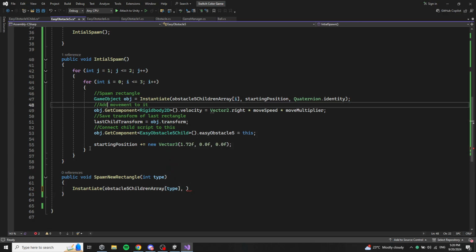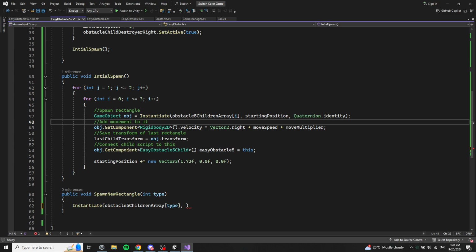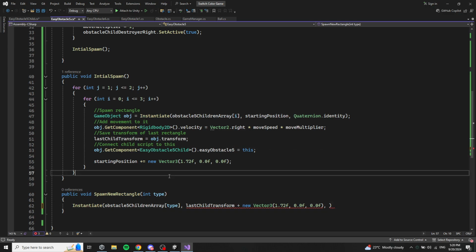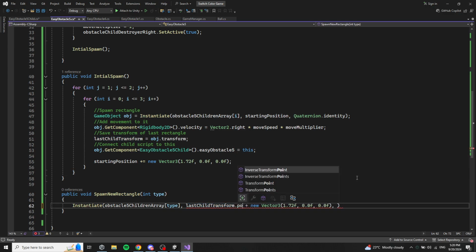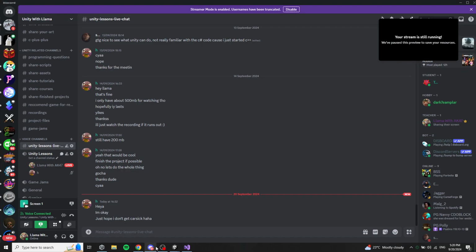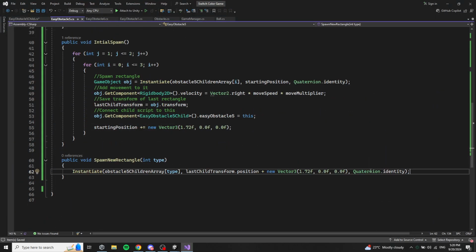And now the position should be the last child transform plus this vector here, and then the rotation should be the one of the prefab. So now we spawn this at that position,